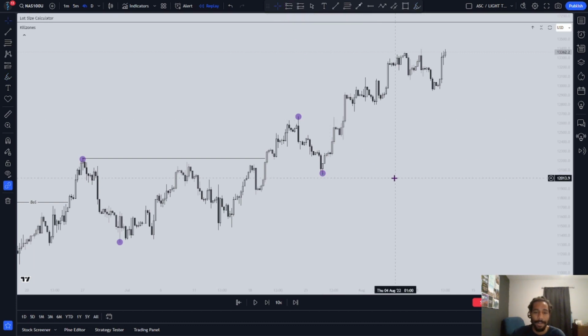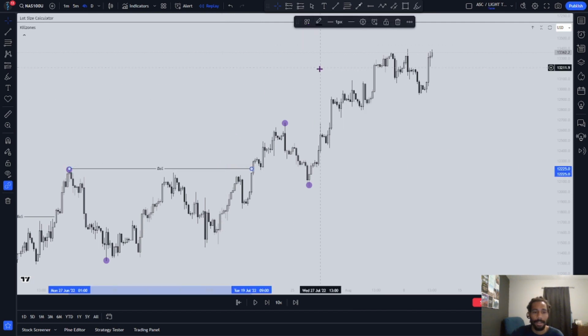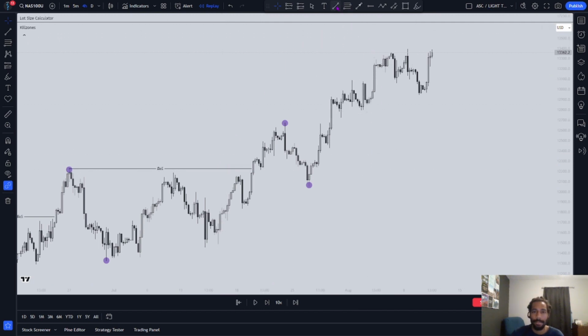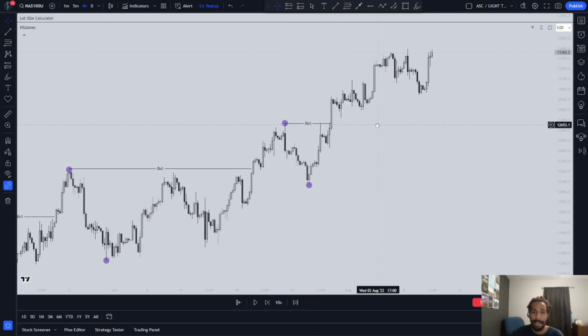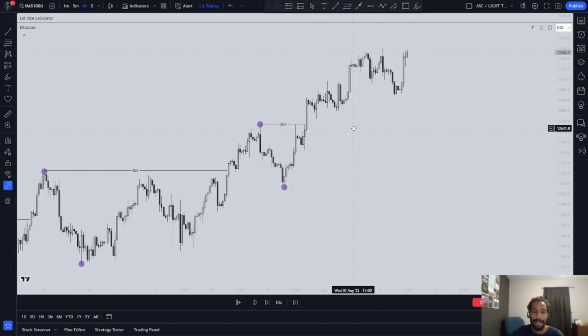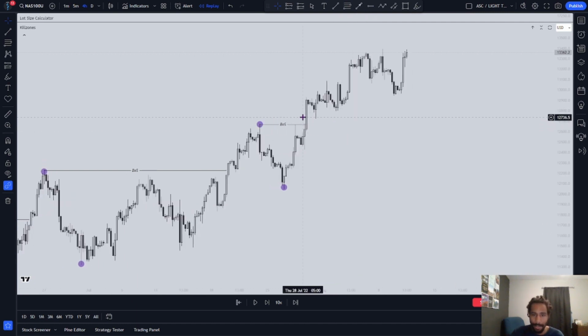So again, we always want to analyze the outermost swing points of structure. Let me mark this out for you guys. A break of structure. And again, this high got breached or broken through. So this would be considered a break of structure. Again, more strength being gained within the market. So after we put in